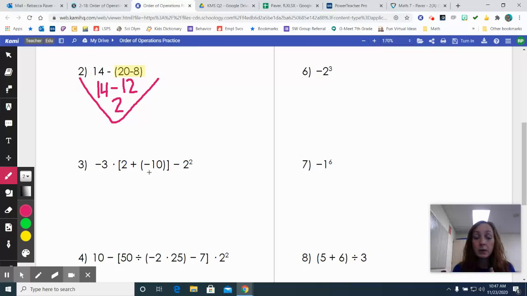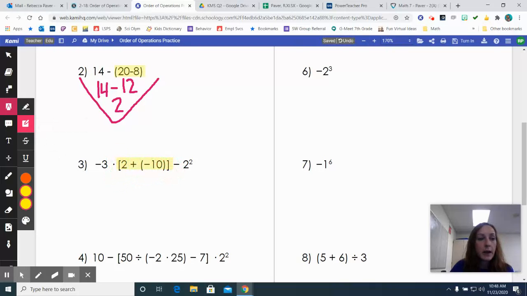If there was something to solve, the rule is when there's more than one set of grouping symbols, you work your way from the innermost grouping symbols out. Whenever there is more than one operation inside of parentheses or grouping symbols, you use the order of operations inside of the grouping symbols. So here I have